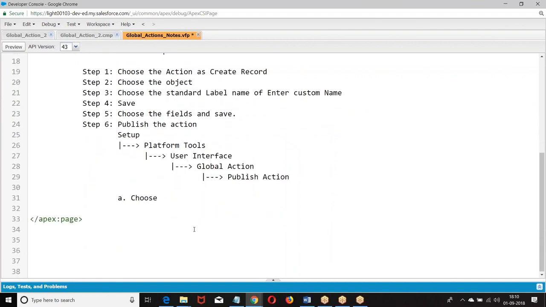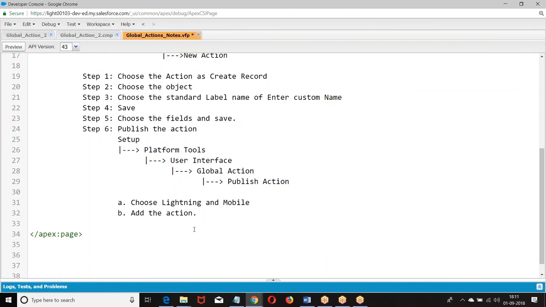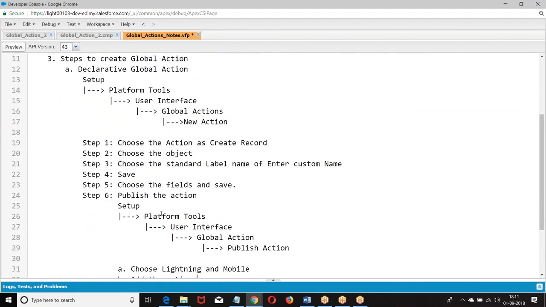Choose lightning and mobile. Then this is declarative.